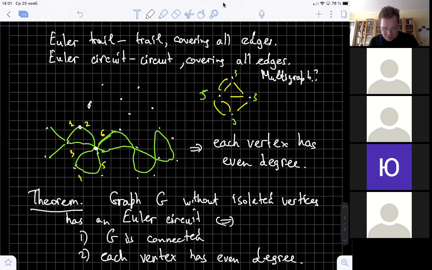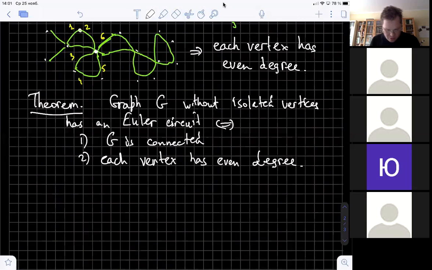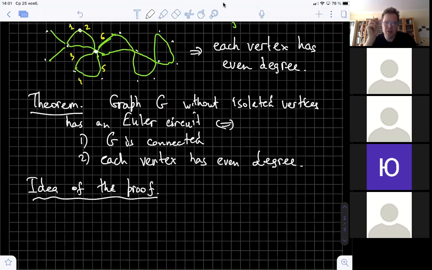Let's prove the theorem. The idea is very simple. First of all, we prove it from the other side, as I explained just before. If we have an Euler circuit, then of course graph G must be connected, and of course